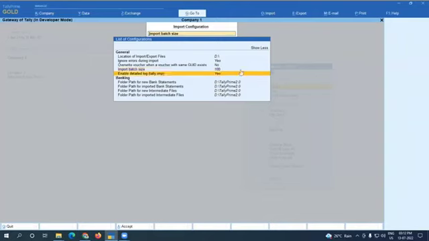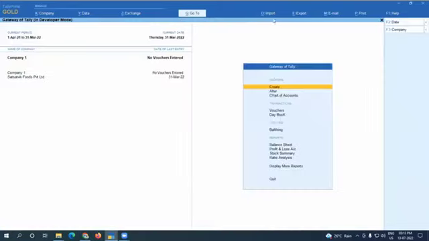Enable detailed log, that is the tally.imp file. Please ensure here that it is yes. That is not required for data importing. It is required just for analyzing and cross-checking which master is imported and which master failed to import. So please maintain yes here. That is enough. Then moving on, import